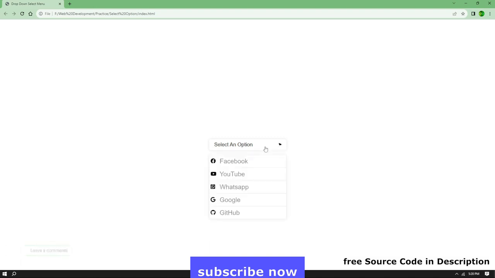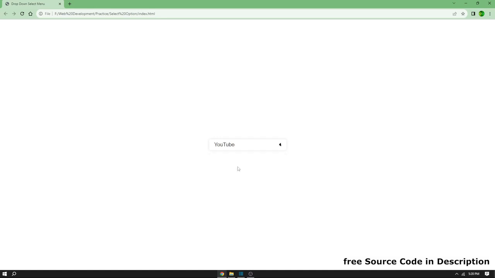But that's not all. The real magic happens when you interact with the options. When you click on any of the available choices, the text of your selection seamlessly transfers to the select input position, providing instant feedback to the user. And here's a neat usability feature. If you decide to click outside of the options, the drop-down list elegantly closes up, maintaining a clean and organized